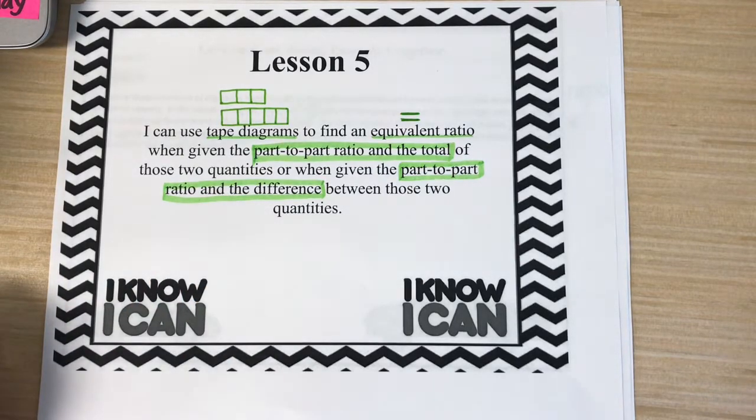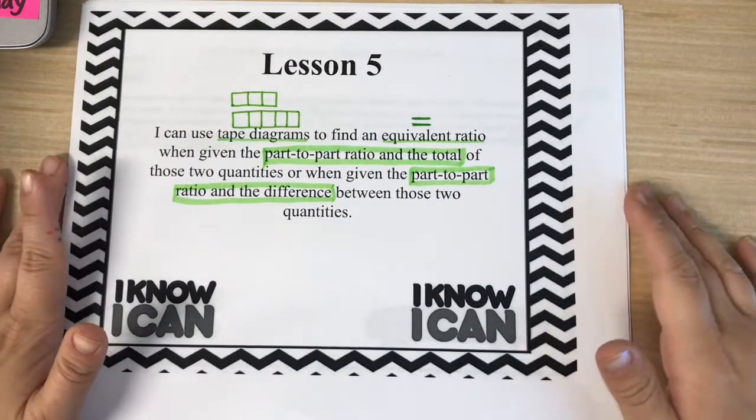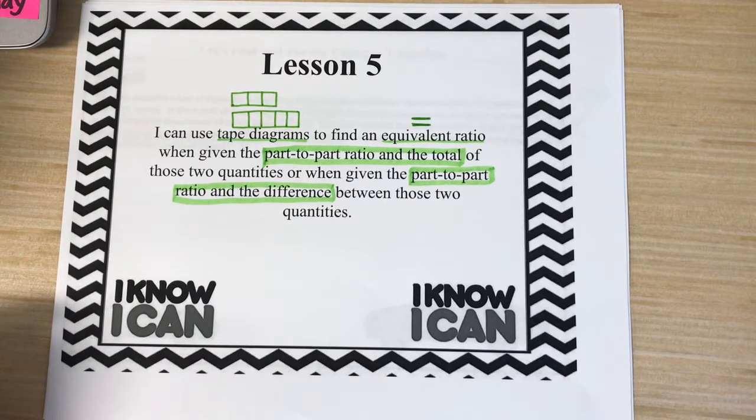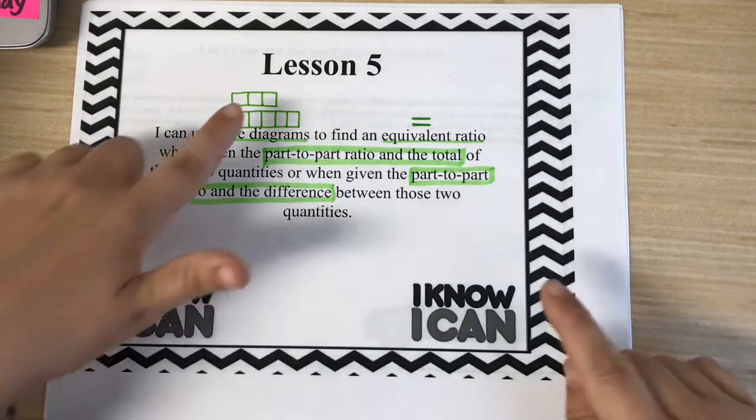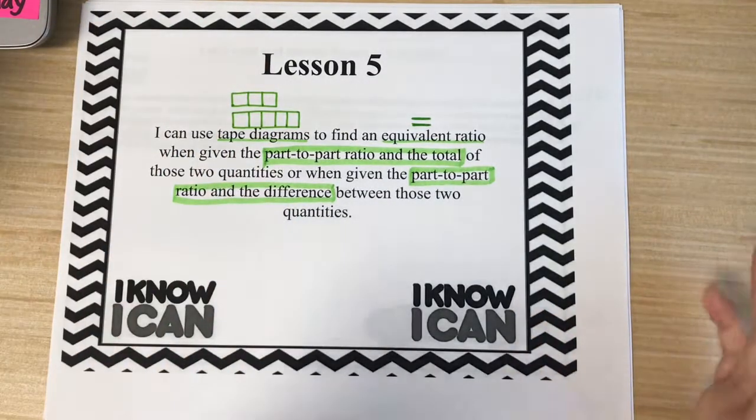Alright guys, so today we are doing lesson 5. I can use tape diagrams to find an equivalent ratio when given the part-to-part ratio and the total of those two quantities, or when given the part-to-part ratio and the difference between those two quantities. So we're going to be working with tape diagrams, finding equivalent ratios as we have in the past couple of lessons,